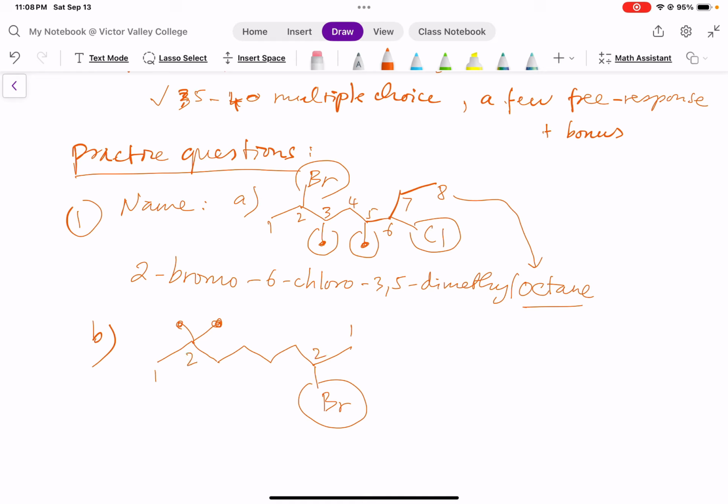So we'd rather start on the left side because distance-wise, the first branch is on number 2, but the second branch is also number 2, and there's no second branch over here. Okay, so we're gonna go that way, and then 3,